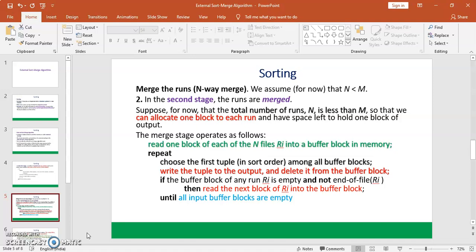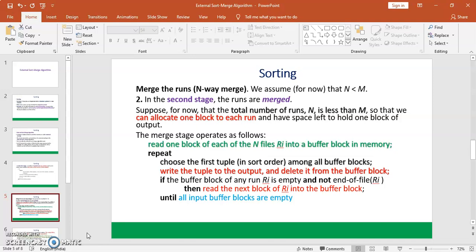The merge stage operates like this: read one block of each of the N files Ri into a buffer block in memory.